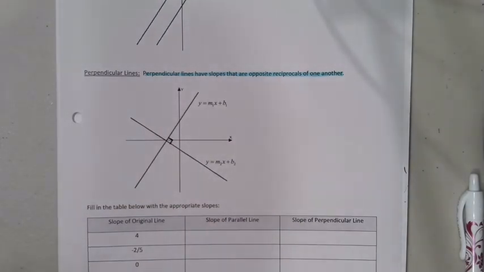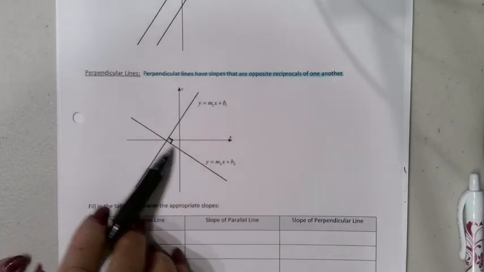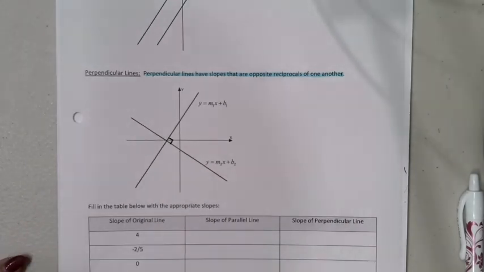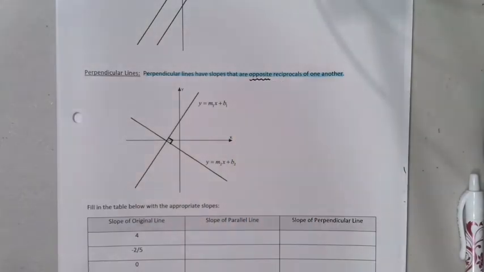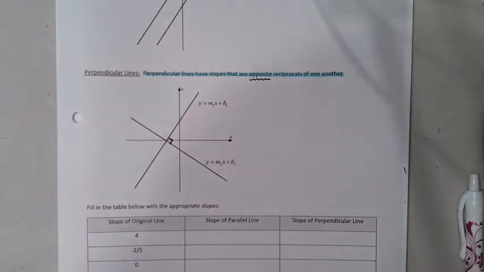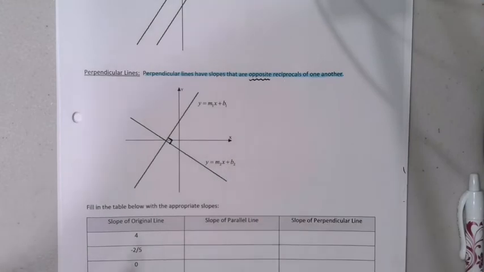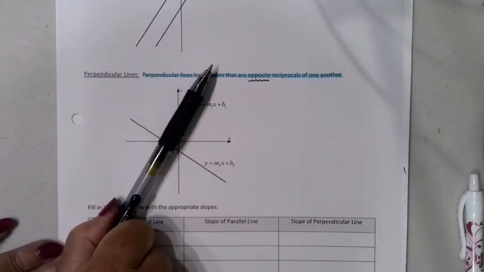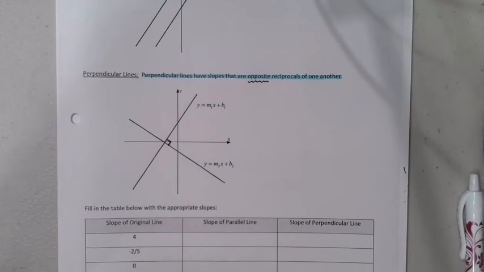Would you agree with me that if one has a positive slope, the perpendicular line is going to have a negative slope? So that's the opposite part. The slopes of perpendicular lines are always opposite signs. One will be positive, the other will be negative. What about the reciprocals? Well, the steeper this one is, the less steep that one's going to be. That's the reciprocal part